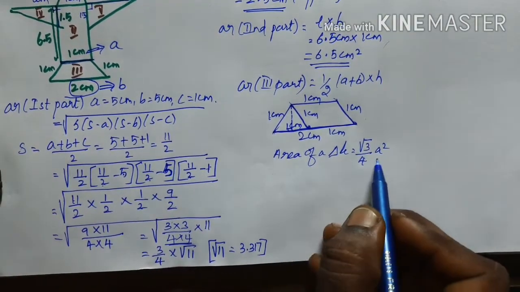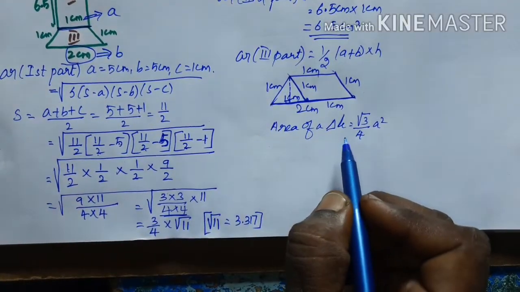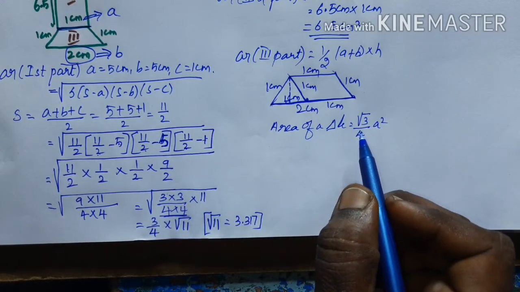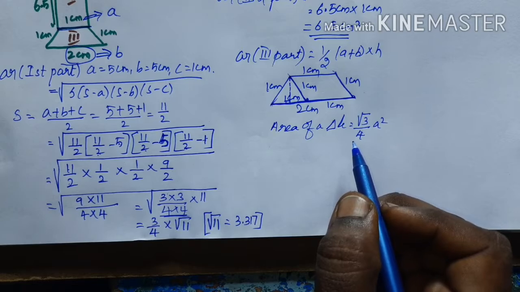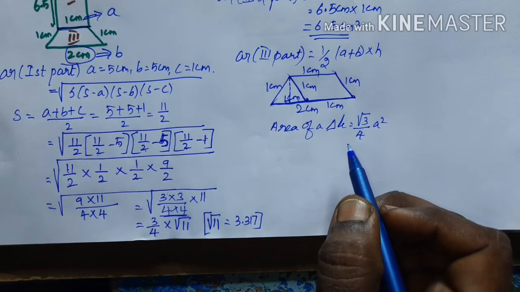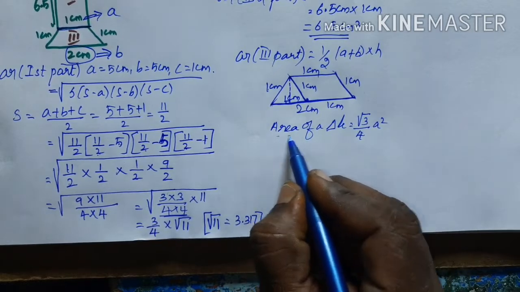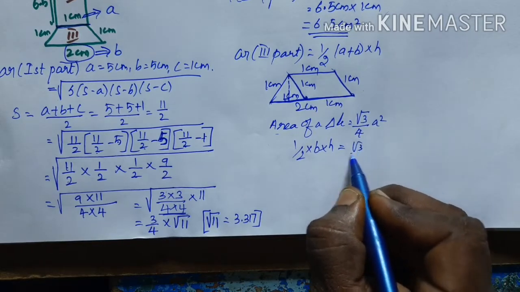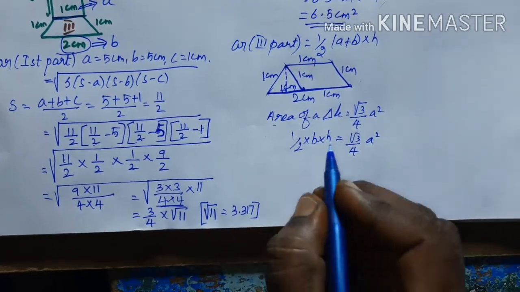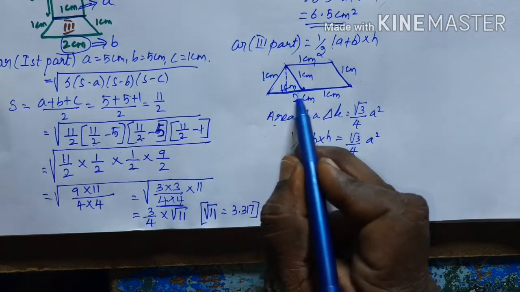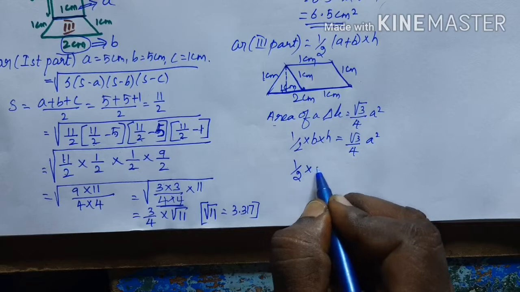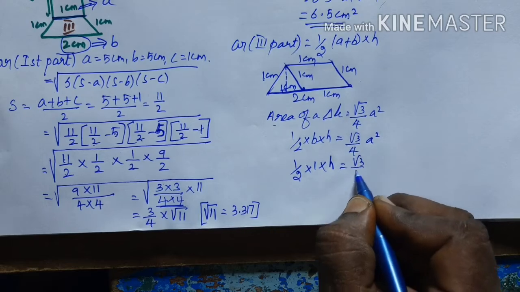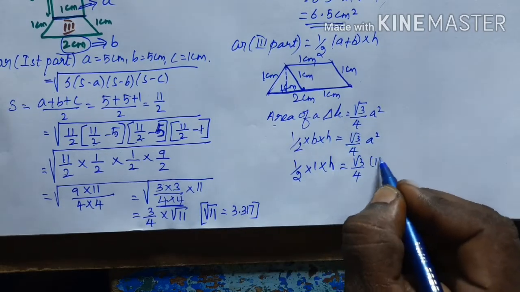Here a will represent the side value, and you may have some doubt here. How to find the height by using this formula? If I apply the normal formula or else the equilateral formula, you will get the same answer. So I am going to equate the normal formula and the equilateral formula. The general formula to find the area of a triangle is half into base into height, which is equal to root 3 divided by 4 a square. And I know the base value in this triangle is 1 centimeter. So 1 by 2 into 1, the height value is unknown so I am going to write it the same. And next is root 3 divided by 4. The side of the triangle is 1, so I am going to write it as 1 square.